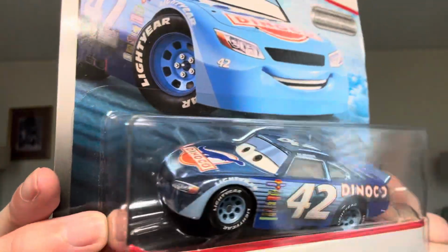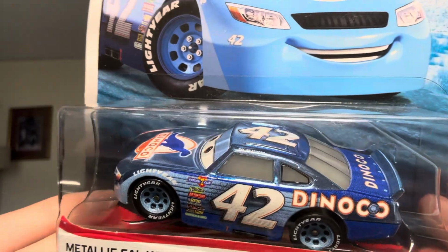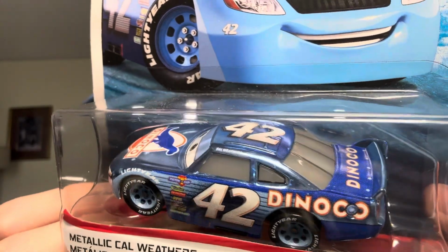Now the next few ones, some of them are older ones, still some newer ones. This one going a few years back, but this one's a pretty cool one, I think. This is the metallic Cal Weathers, of course, the nephew of the King, Strip Weathers. The number 42 Diecast car from Cars 3. This is the metallic version, which I think he really isn't included in all that much,